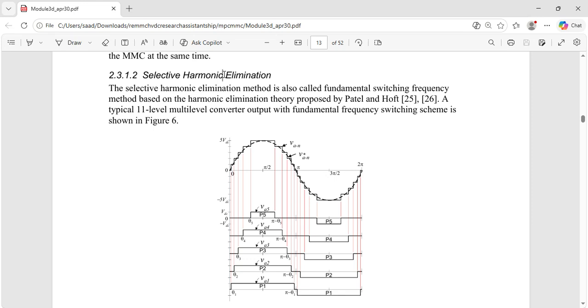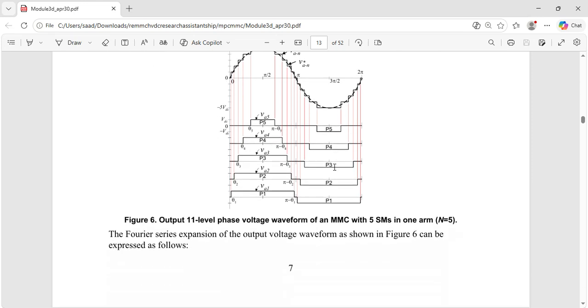Those harmonics could be odd harmonics, triplen harmonics, and so on, and those are very dangerous for the system. So we develop these techniques so that they eliminate those selected harmonics, which are our own purpose. This is the main idea behind selective harmonic elimination,